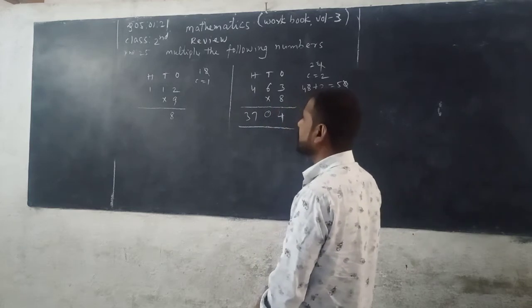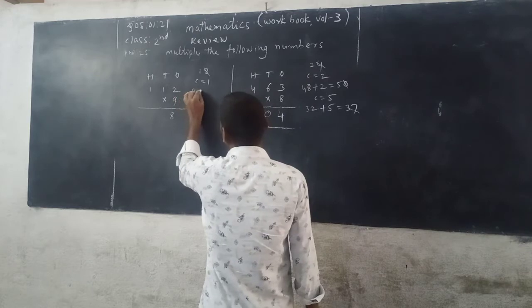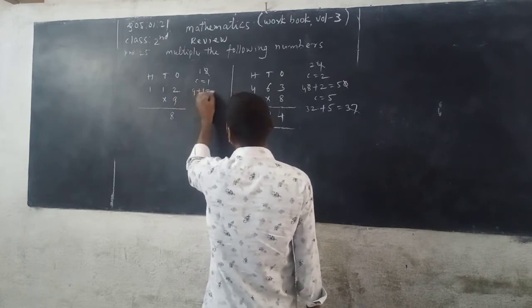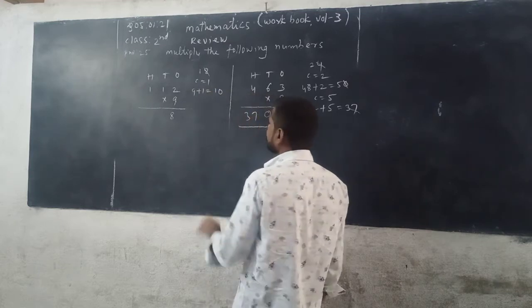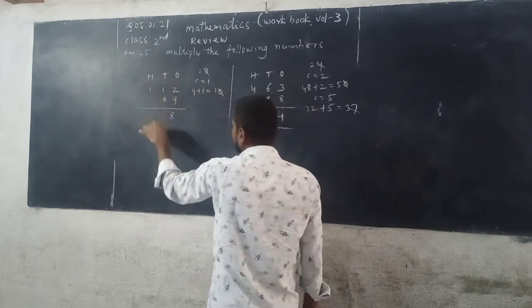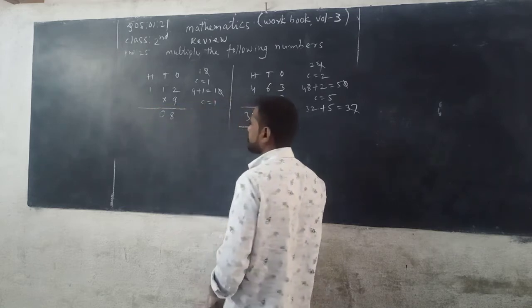Next we multiply the digits in the tens place. 1 with 9. 9 1s are 9. 1 is added to 9 because this is the previous carry. 9 plus 1, you get 10. 10 is a 2-digit number. In it, 0 is taken and written down in the tens column of the product, and carry 1.